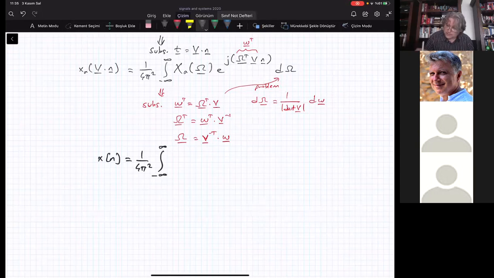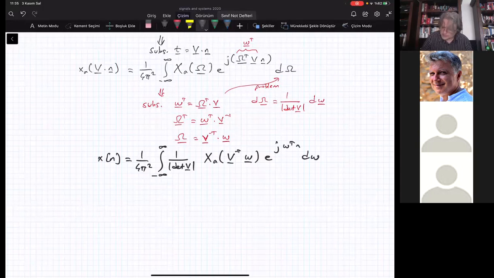This 1 over determinant of v, that is in d omega, I can write it here: 1 over determinant of v times x a. Instead of omega, I'm going to write v minus transpose, v inverse transpose lowercase omega, and this will become e to the j omega transpose n d omega. So this is like the inverse Fourier transform of